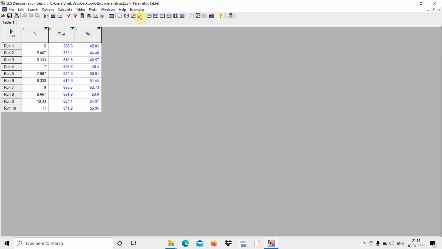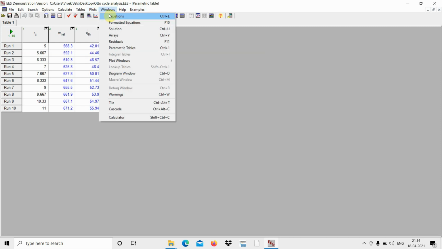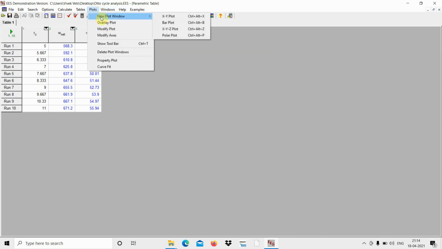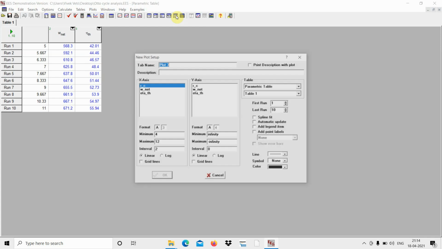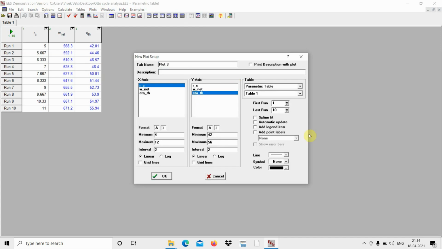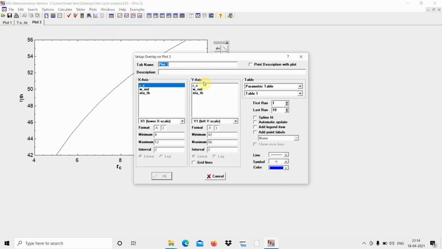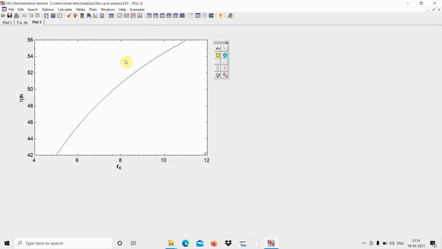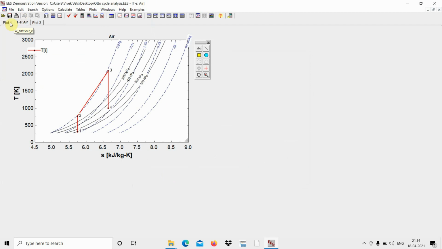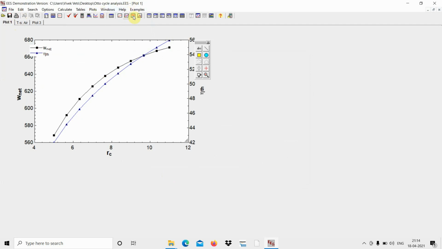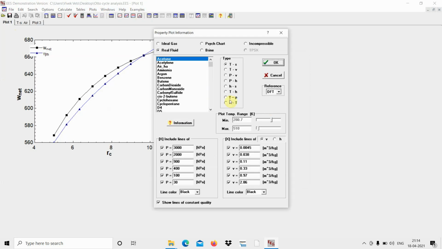And for plot, from there we may plot any kind of graph, for plotting a graph as well as for an overlay plot. W net, T-s, P-s, for changing the